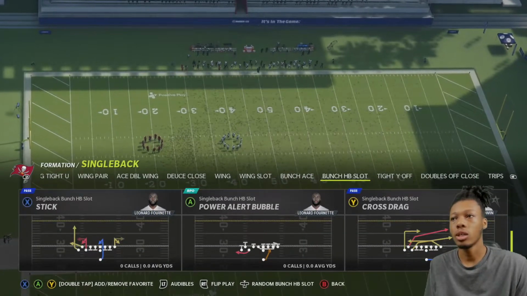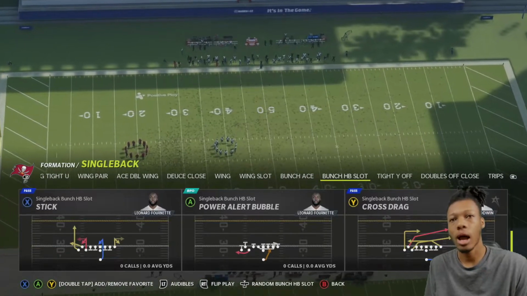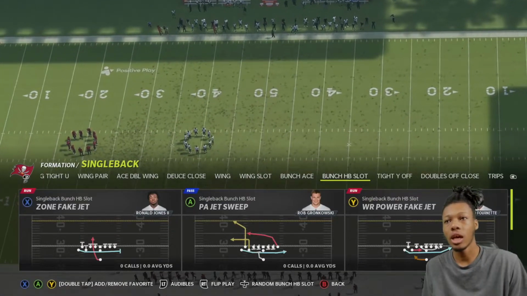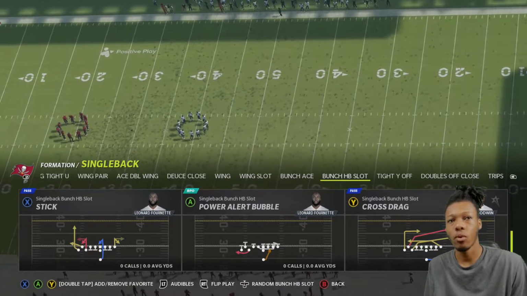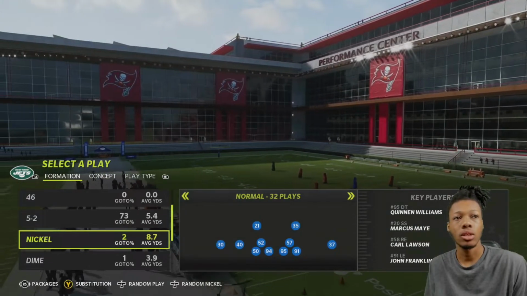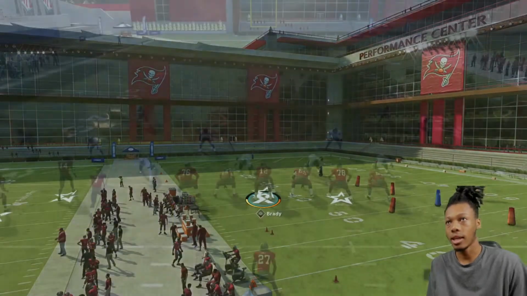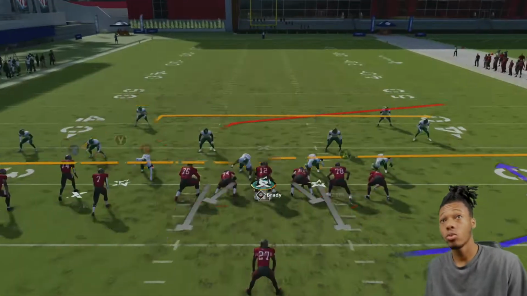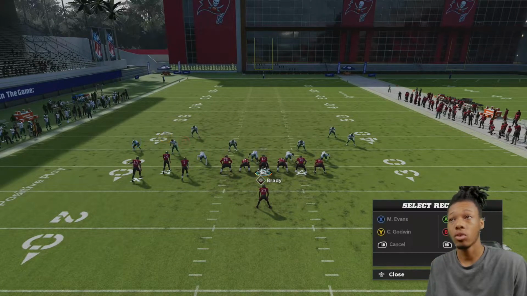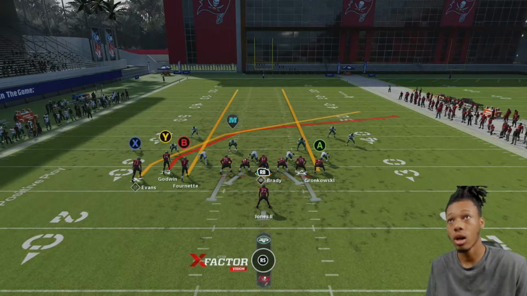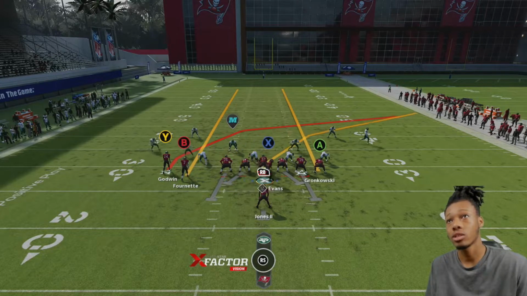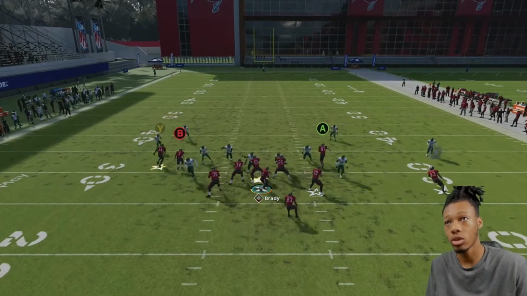Another thing you could do also out of this formation, this is the bunch halfback slot. But you do need a hot route master for this. You can run cross drag, and you can literally just run this against any coverage. What you want to do, you want to streak your B receiver, streak your A receiver, block your running back. You want to put Mike Evans on a crossing route. Then as soon as Mike Evans clears this tight end, you just want to hike the ball just like this